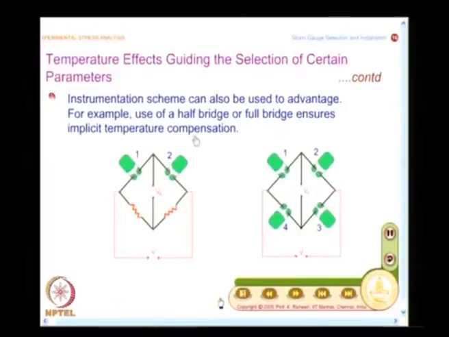A similar advantage you have in transducer applications, where one invariably uses a full bridge configuration. The advantage is that you maximize the signal 4 times and also have intrinsic temperature compensation.